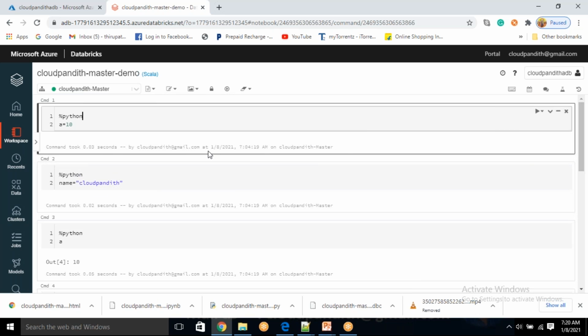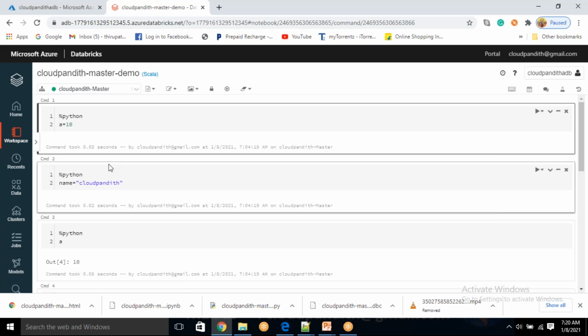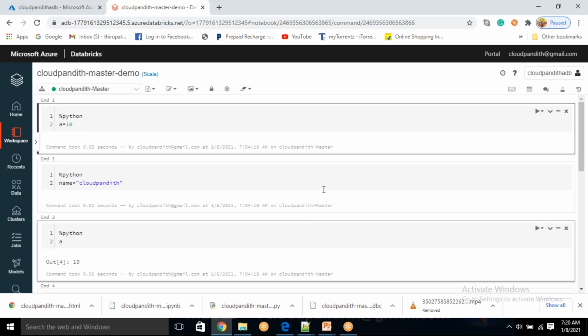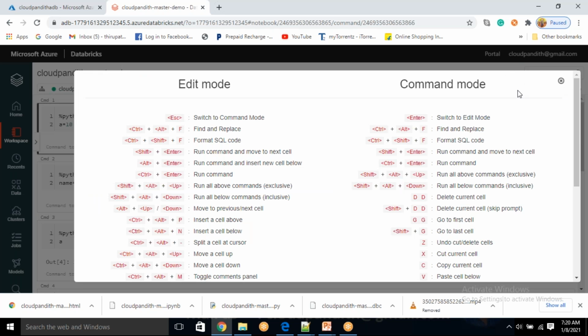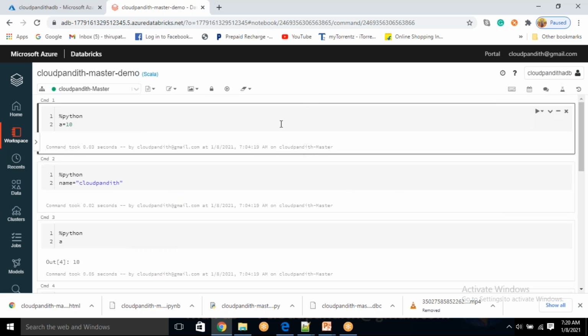Seems we need to spend some more time extra today. Okay, by 7:30 I may not be able to finish. That's why I'm just showing first whatever options we have. See, these are simple options, but I just wanted to show you at least one option so that it will be useful. So let's say shortcuts we have seen from here. Here also somewhere you can use shortcuts. There will be a lot of options, but you just have to understand at least one way how to do this. Let's say somebody came to you and told you, can you rename the notebook? So you should know at least how to rename. Okay, fine, we covered this.